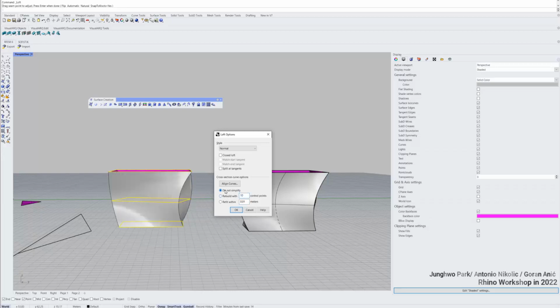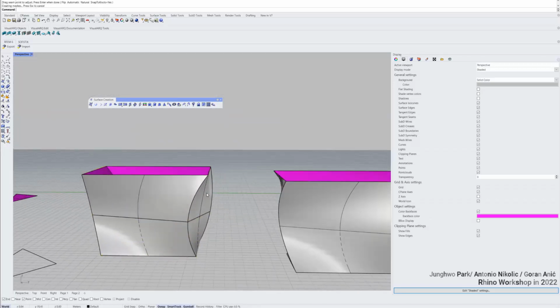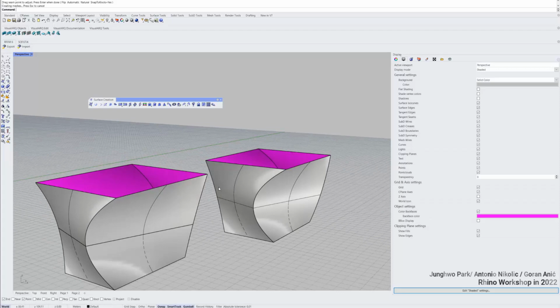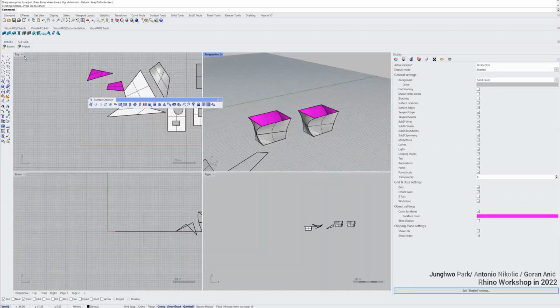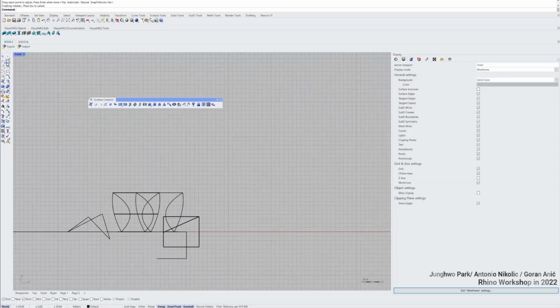Or you can do not simplify, and etc. Closed loop means, yeah. So there are different options you can use, and you can finish the option. So I'll go, for example, on the front view. Let's say I want to make a very organic